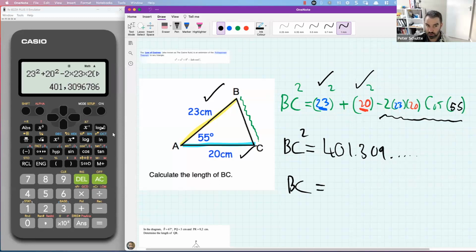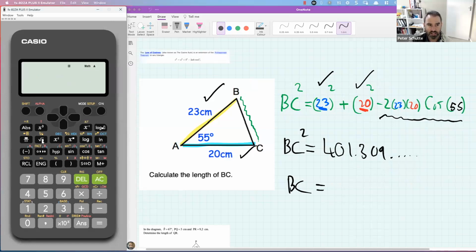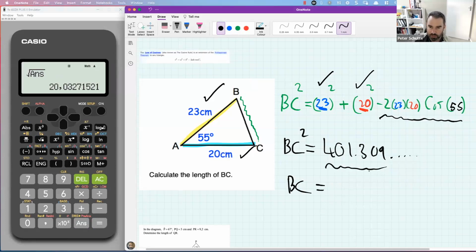Now, I'm going to show you a trick. I am not going to type this whole thing in again. My calculator has this value stored in the answer key. So whenever I press equals, the answer key holds the last value you have. So what I'm going to do is click AC, then click square root and then click answer. And what you'll notice is that the value that was stored was this without all the messy decimals. And that saved me so much time because now I can see I get